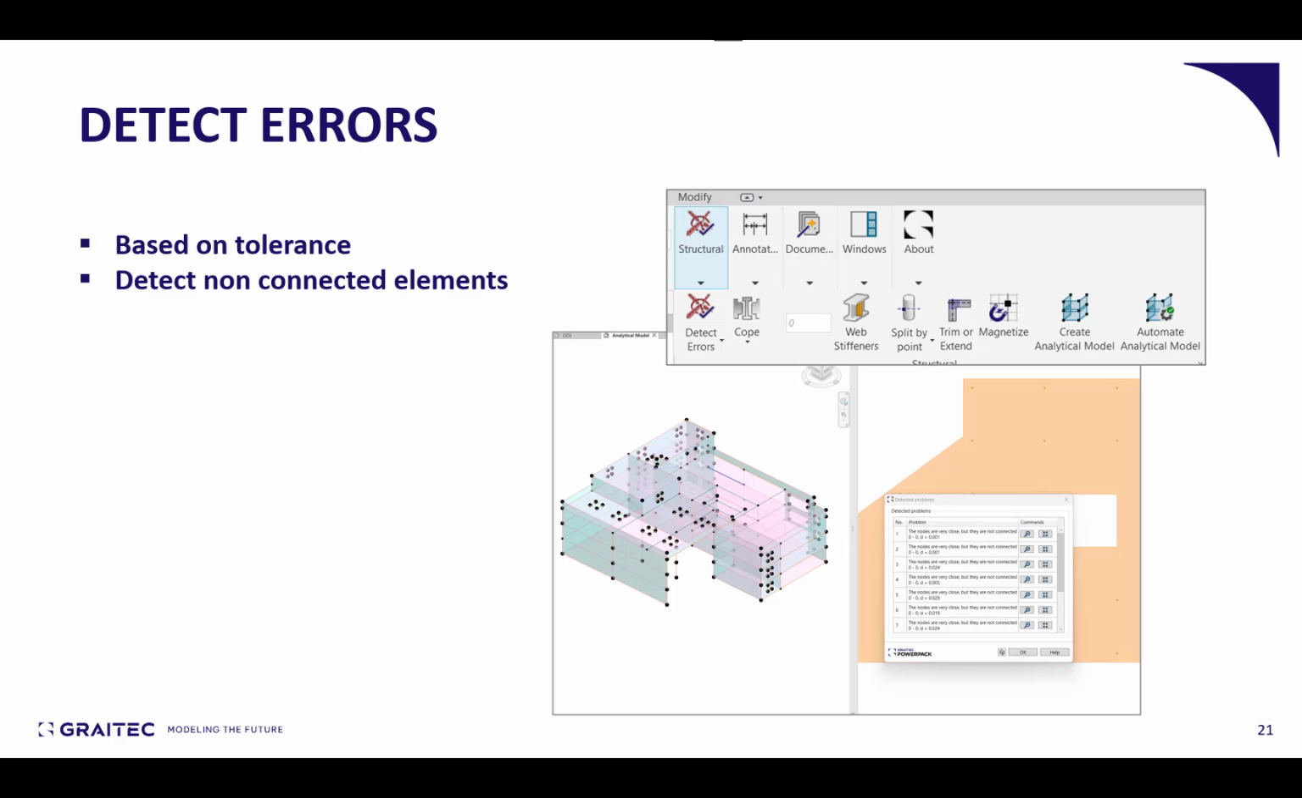The reason why our approach is to equip our users with a set of tools to help them correct the analytical models the way they want, and for that also to detect errors. We created these tools which will rely on some specific geometrical tolerance, I would say some geometrical distance, and based on that, the tool will create a list and detect non-connected elements. The user will be able to zoom in,